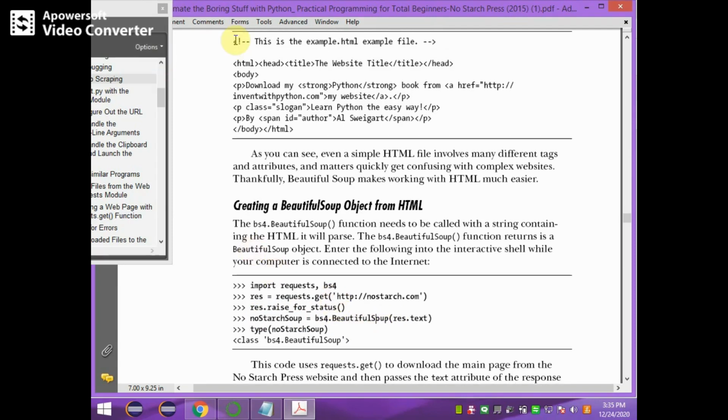This entire HTML file becomes response.text, which is stored in the nostarch soup variable, or object. This is now treated as an object. Now if you check the type of nostarch soup, it gives that this is a class of bs4.BeautifulSoup. Okay, if you try to execute this in the Jupyter